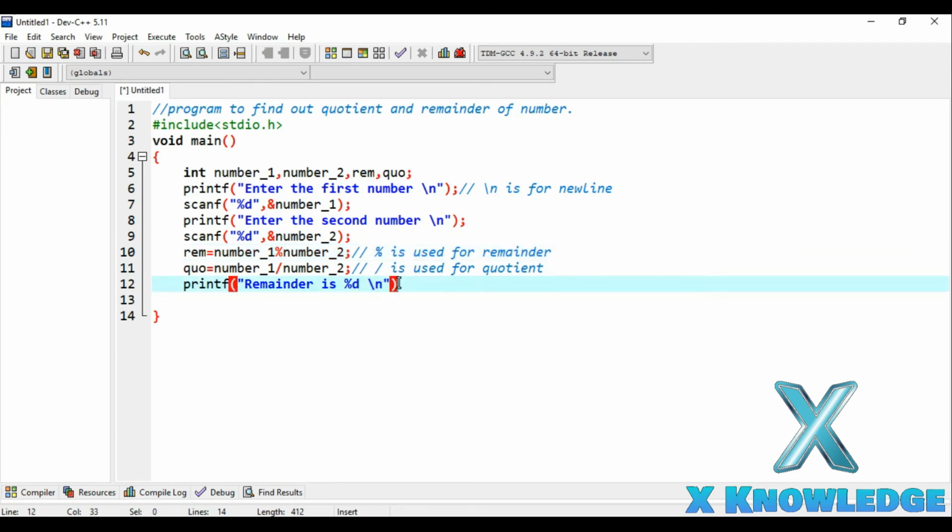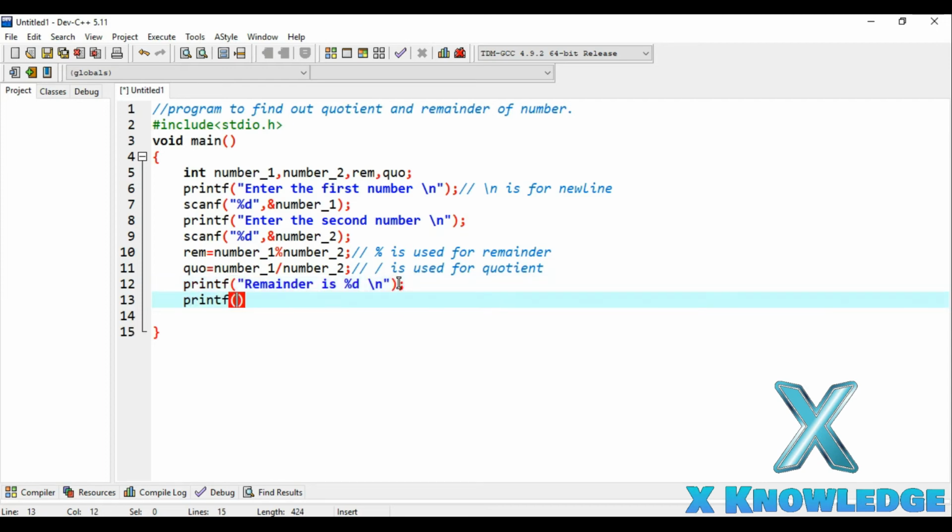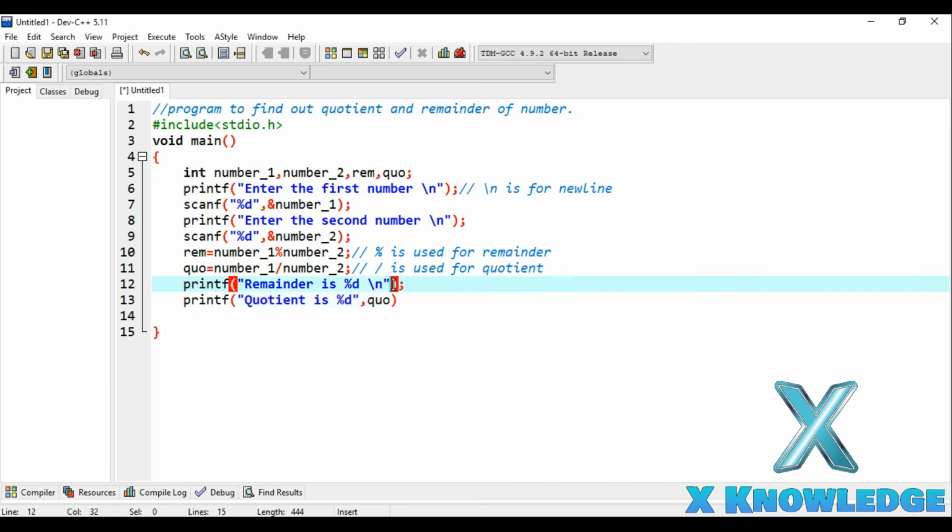We'll print both, that is remainder and quotient, on different lines, and quotient is %d, and this %d will be replaced by this quo variable. So let's do this. Okay, I have not given the variable out here. Sorry.